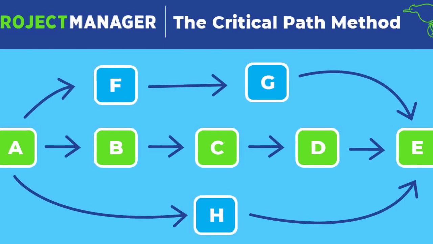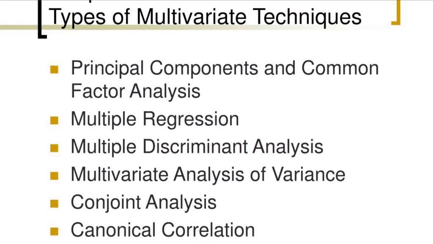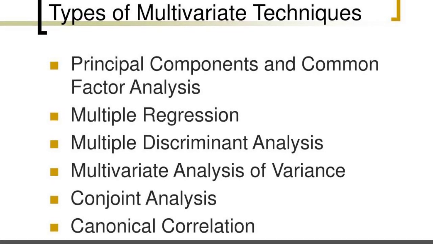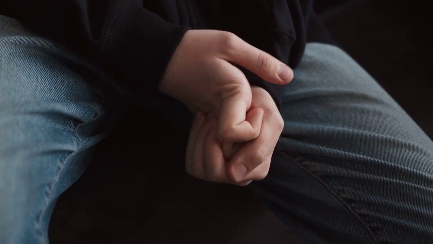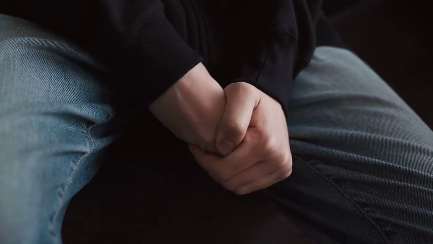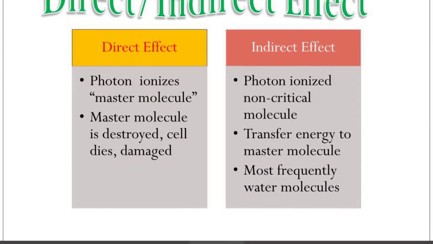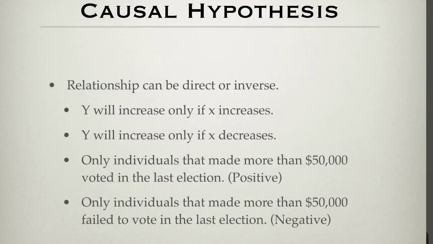Path analysis and structural equation modeling, SEM, are both statistical techniques used to analyze relationships among variables, but they differ in scope and complexity. Here are the key differences between the two. 1. Scope and purpose. Path analysis primarily focuses on analyzing the direct and indirect effects among variables in a hypothesized